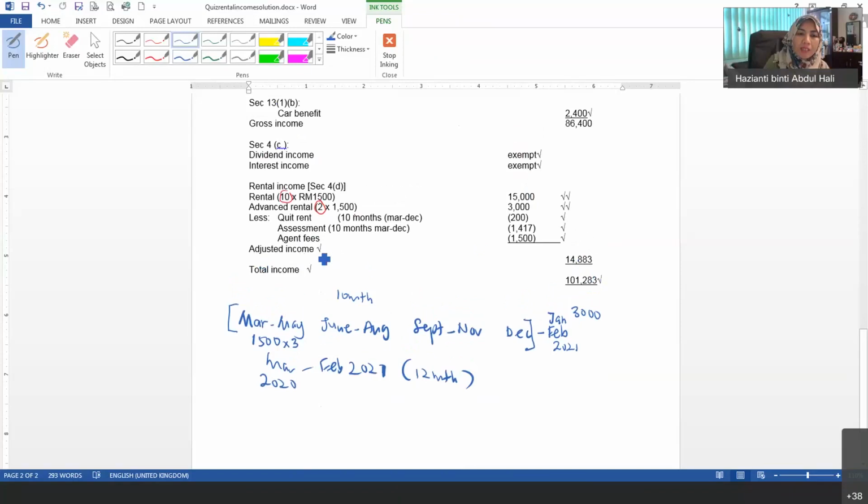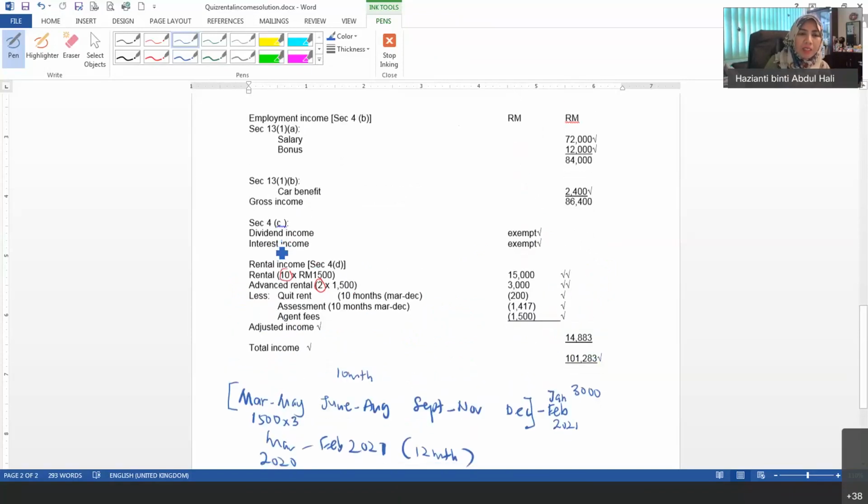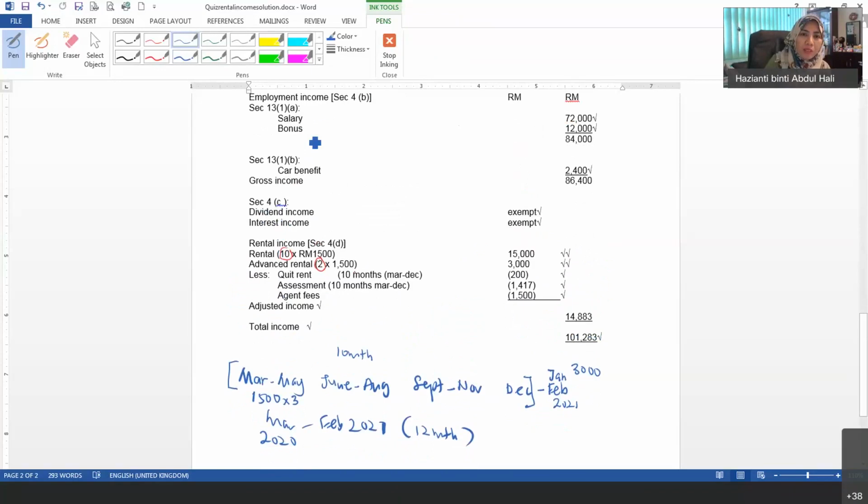You must write the adjusted income ni, nampak tick kat mana? Sini tak ada tick. Tick kat sini. Nampak tak? Saya tak tick kat sini. Maknanya if you get it wrong dekat sini, tak ada effect kat sini pun. Cuma akan effect kat bawah ni lah. Kat bawah ni pun, once you complete satu item